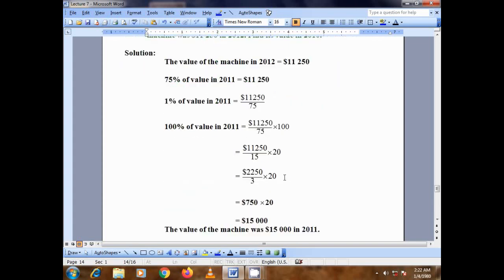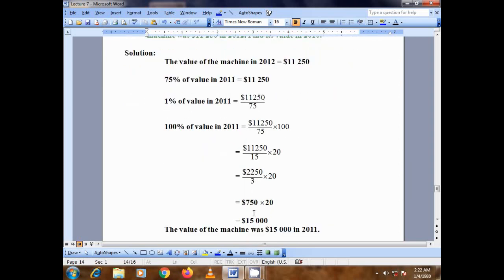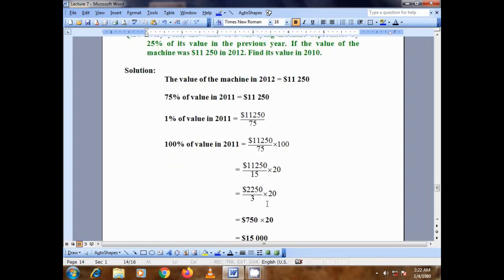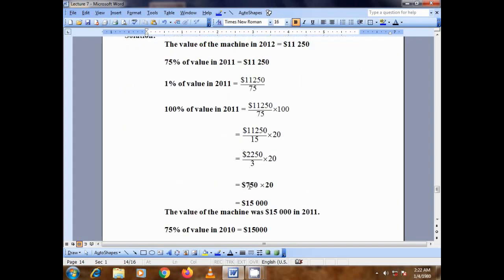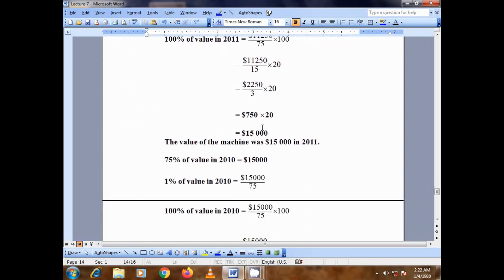Now you see, if the value of this machine is 15,000 in 2011, after a decrease of 25%, the value of the machine will become 11,250 from 15,000. So we have calculated the value of this machine in 2011. Now let's find the value of this machine in 2010. For this, again we will depreciate the value by 25%. Then it means that 75% of the value in 2010